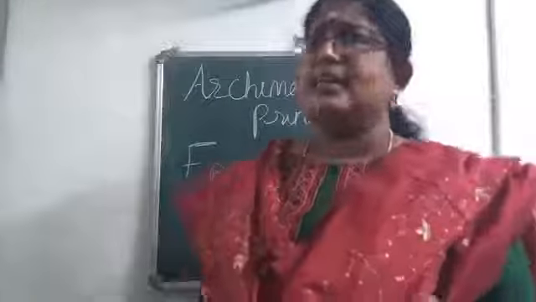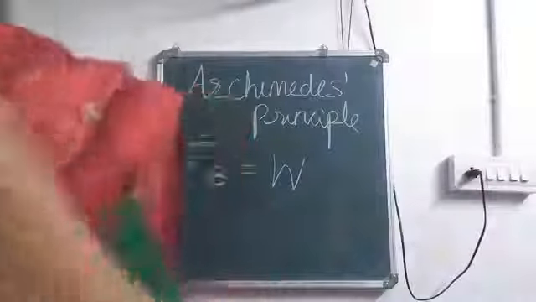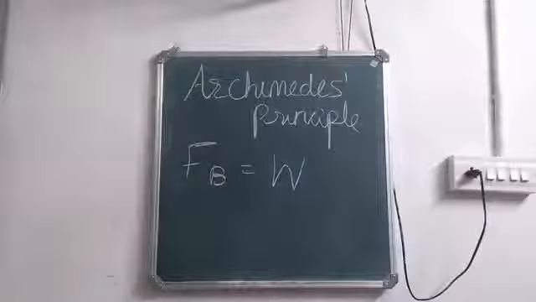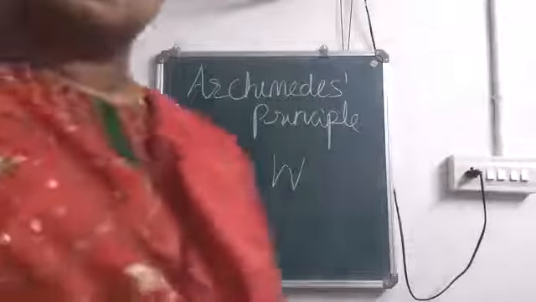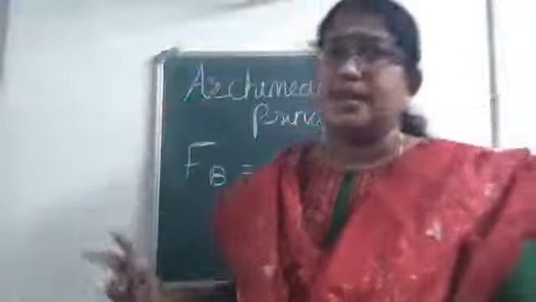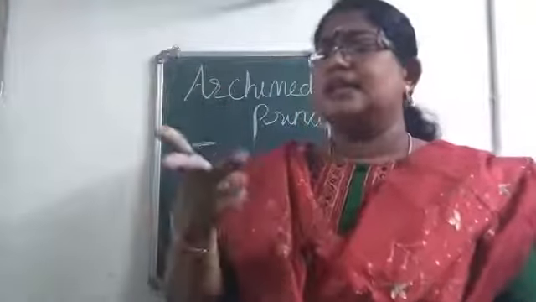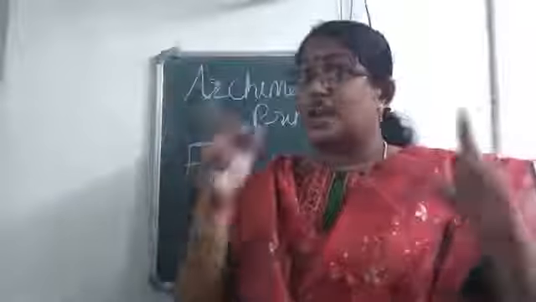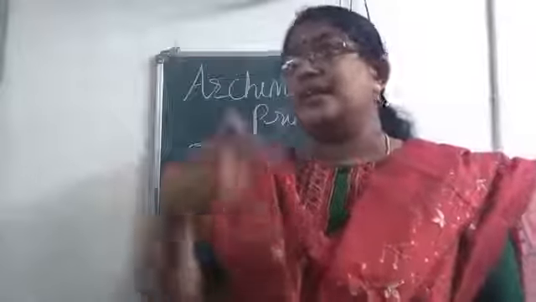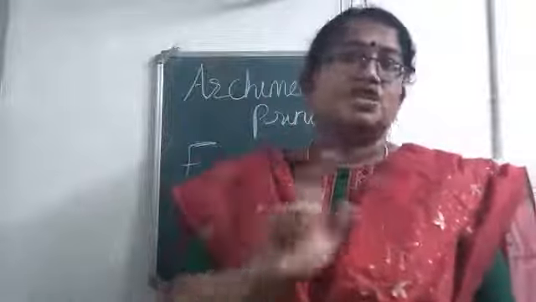Is it clear? Now we have the experimental verification of Archimedes principle. It is not in our syllabus, so I'm not moving to that. We don't want the experimental verification. Archimedes principle is important, but experimental verification is not needed. Now the next portion is needed, that is